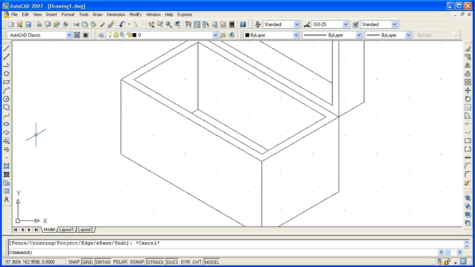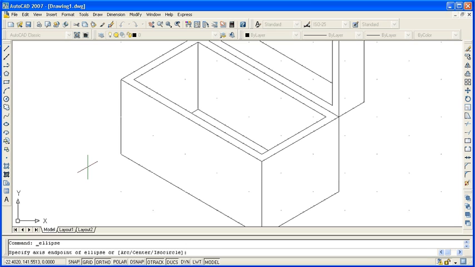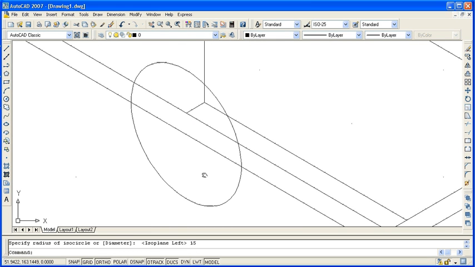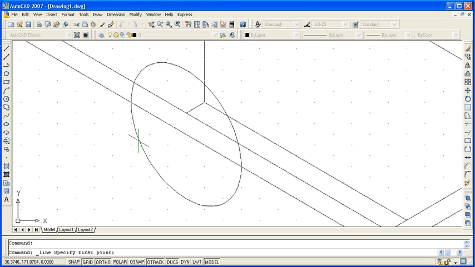Now the circular opening, you have to go to ellipse, select isocircle option I, enter, and center the circle, midpoint MID, enter, midpoint of this line. Change the orientation, this orientation, left isometric plane, radius 15, right, and draw a line from the intersection point, INT, select,